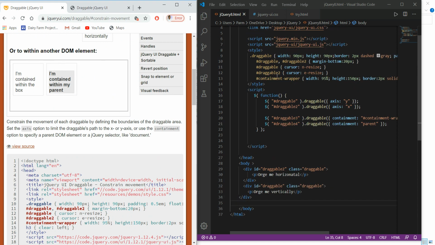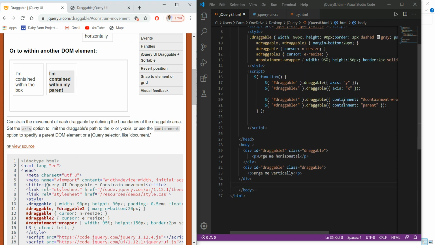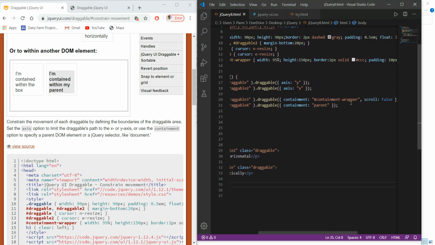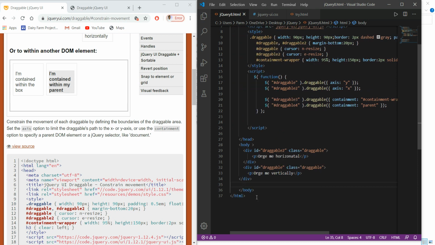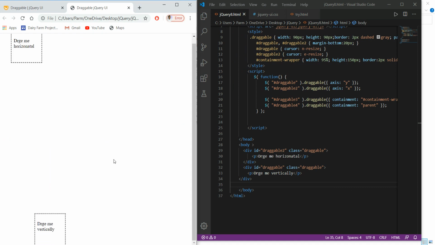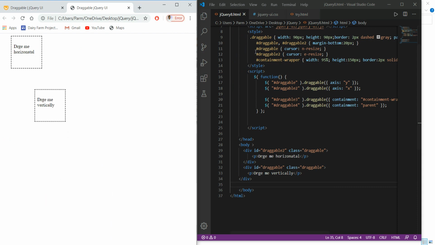In this case we have draggable3, and draggable3 has containment, and in the containment we have called the ID containment-wrapper, and here we are setting scroll false. We don't want a scroll bar in this case.